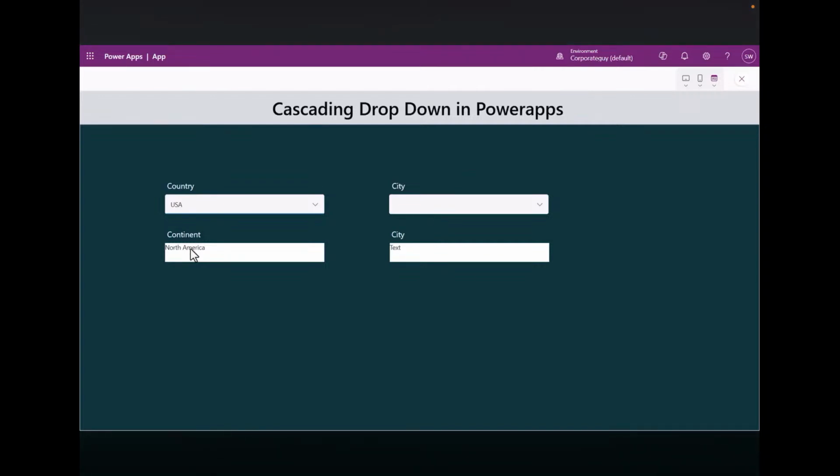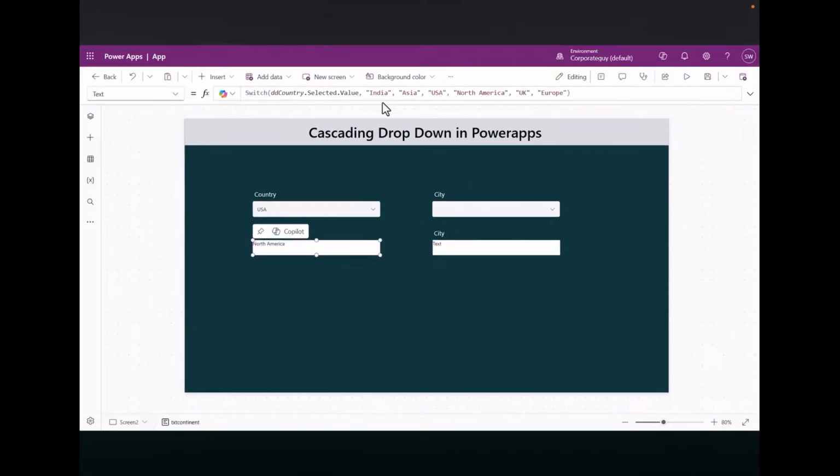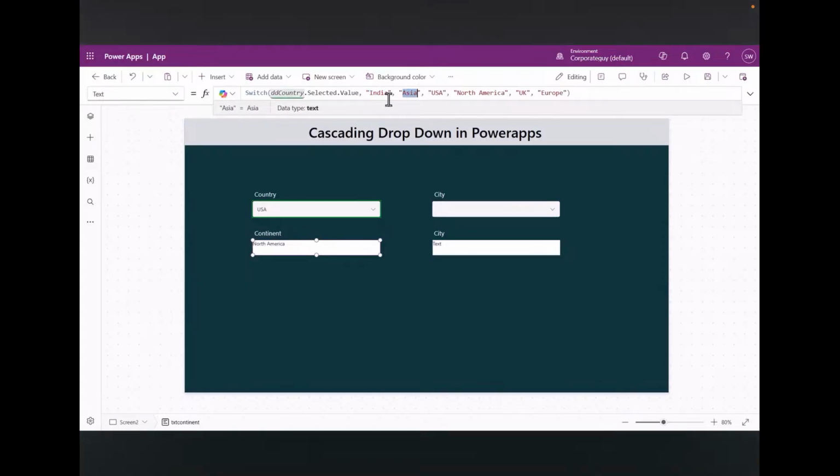And now we will see how to create another example where you can create two dropdowns using the Switch function, where you have the option to select a country and then the option to select a city related to that country. So let's go back and understand how to do that. In this example, we have just used India and then output as Asia. But in the Switch function for the city, we will create another list within that heading. So under India, we will have another list of cities, and similarly with the USA and Brazil and UK and